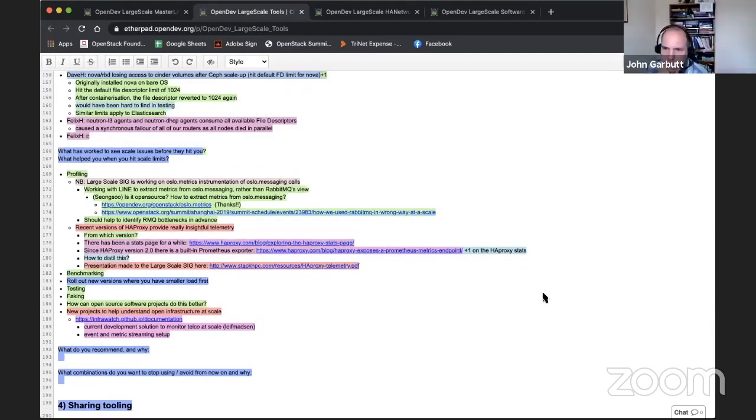So something that came up yesterday at the upgrade session, I guess, was general feedback on, I think it was Rabbit 3.7 versus 3.8? I think 3.8 is the newer one that added, among other things, the Prometheus collector. And so we spoke about HAProxy, the latest version, having a native Prometheus collector. The same thing happened on the Rabbit side. I don't know if anyone's got experience of using that version and if that helped with visibility into the system.